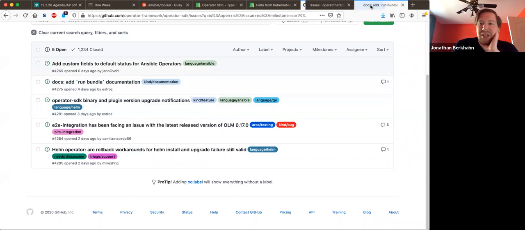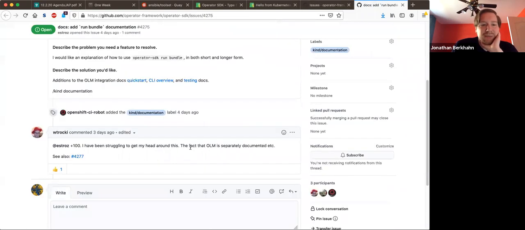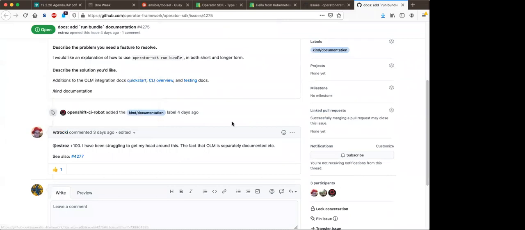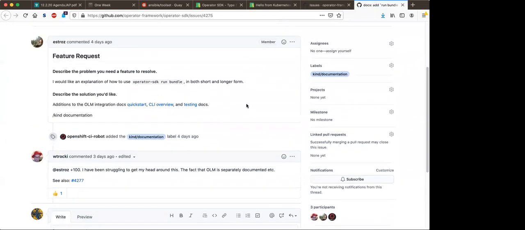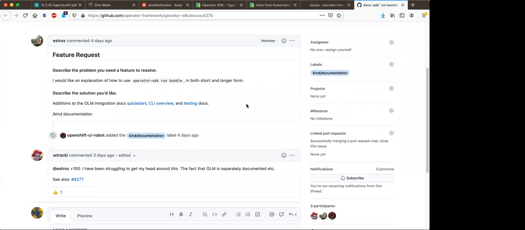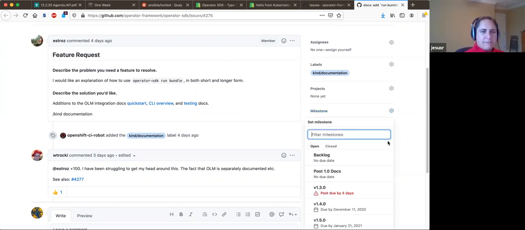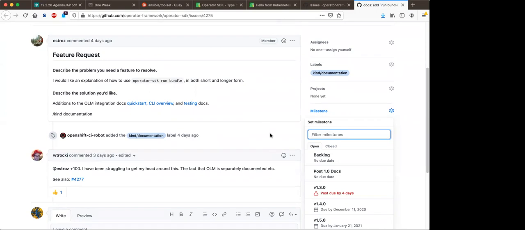Add run bundle documentation. Sounds like something we should do. Yep. I filed this issue because I was going through some docs and realized that we don't have any documentation for run bundle and how to use it. Really? Okay. Yeah, there's CLI docs, but